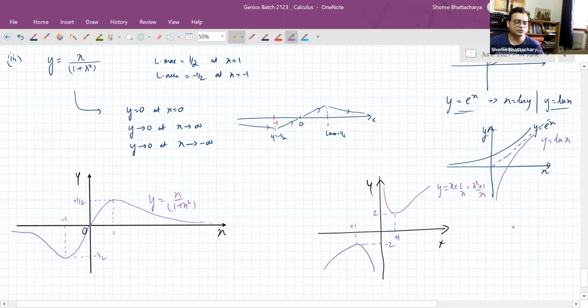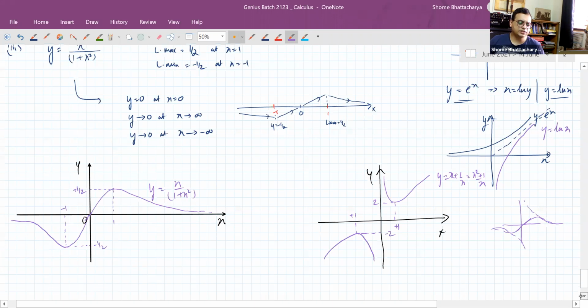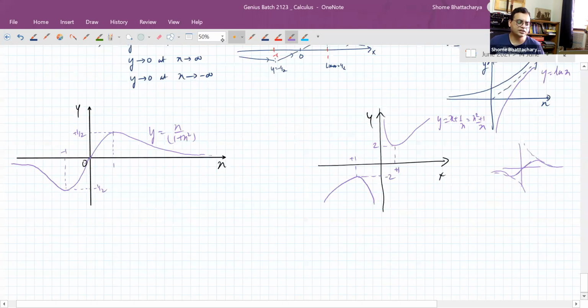So it's like the behavior of the graph is changing from that of the linear function y equal to x to the hyperbolic function y is equal to 1 by x. So in between it has to go through some kind of a transformation like this. Okay, so this is just a collection of some interesting functions as far as analysis of domain, range, maxima, minima,